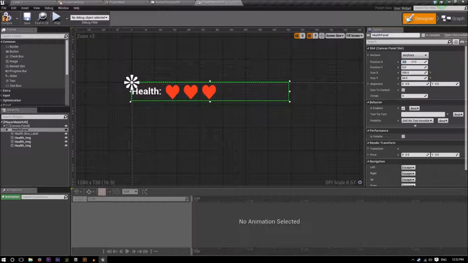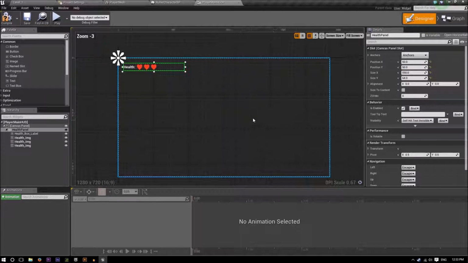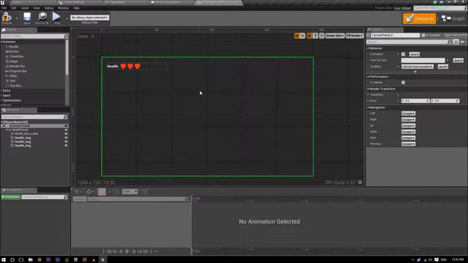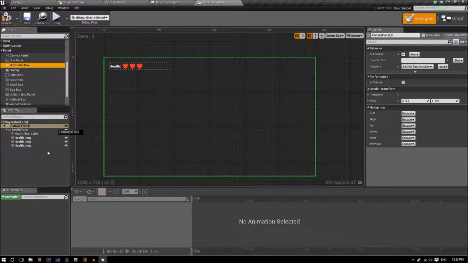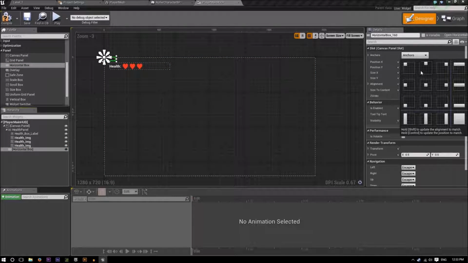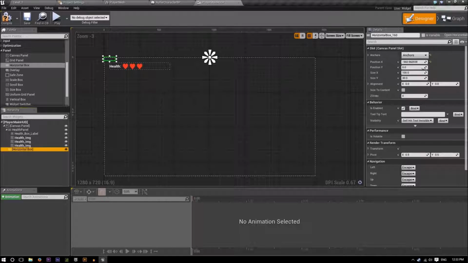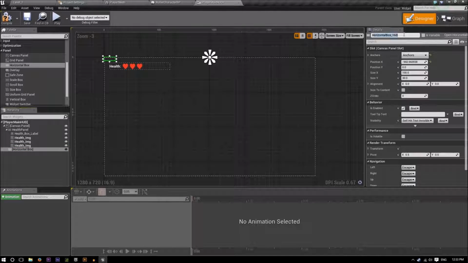Let's quickly change this to about 50. So it's not right up in the corner. It's nice and relaxed there. Then let's do another box, a horizontal box. Add it to the canvas panel. Within here, we're going to click on this anchors. This just lets the game know where you want to anchor your object to. So we're going to do it in the top right. This is actually our